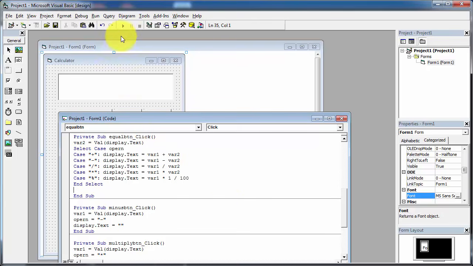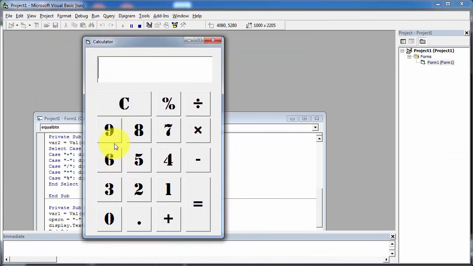Now I am going to run this application to test whether it is running correctly or not. Here I am going to write 65, clear. So now I am going to perform addition. Now I am going to add one more, 34. I am going to minus 2, 32. I am going to multiply 7, that is equal to 224, and now divide by 5, that is 44.8. So you can perform the calculation with decimal point as well using this calculator.